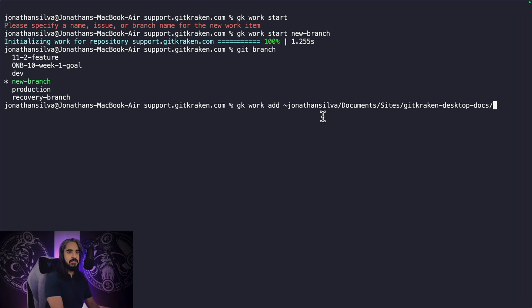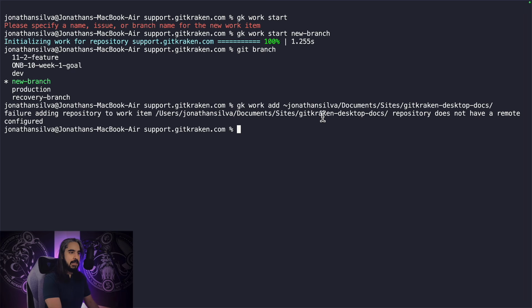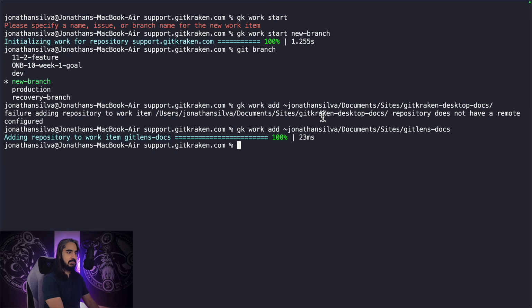Let's say I want to add this GitKraken Desktop docs repository. It says I don't have a remote. Let me add a different one here. I love demos, right? GitLens. I think this one has something similar as well. All right, we did it. So we added the GitLens repository to this work item, and I can, again, create a branch here, do some